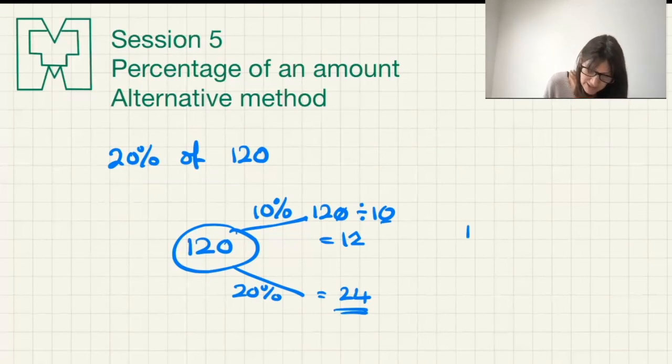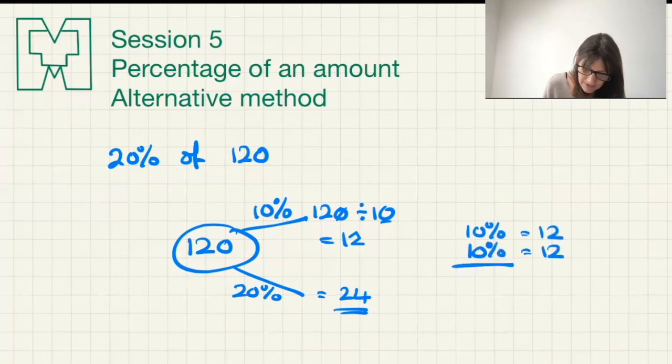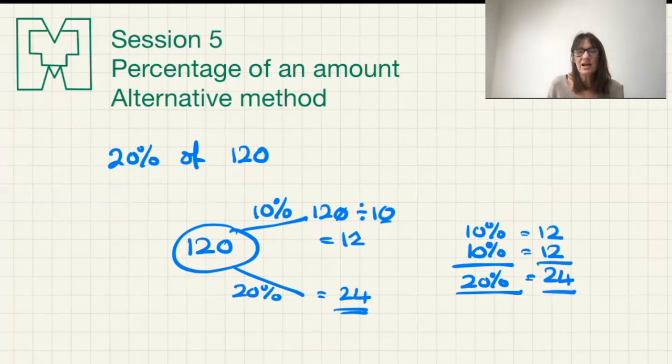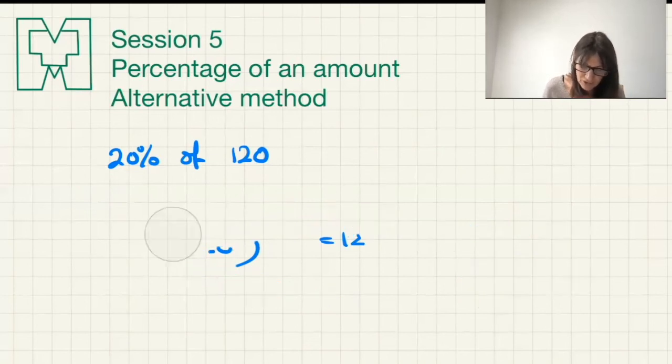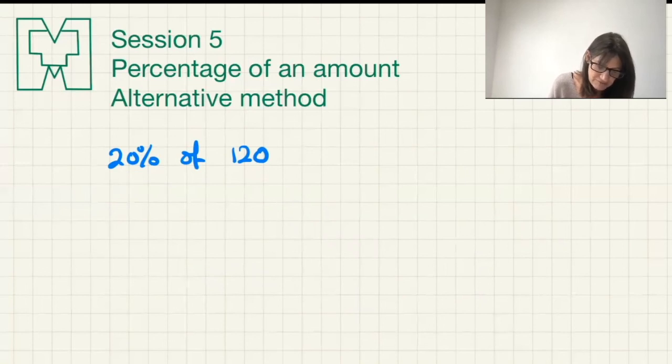Another way is you could say, right, 10% is equal to 12. Another 10% would be another 12. That adds up to 20. And that adds up to 24. It's kind of finding the way that you want to set it out that will work for you. So that is the alternative. The alternative is to find 10. You may find it a little bit trickier when I give questions